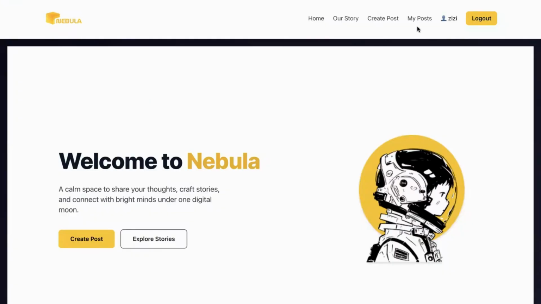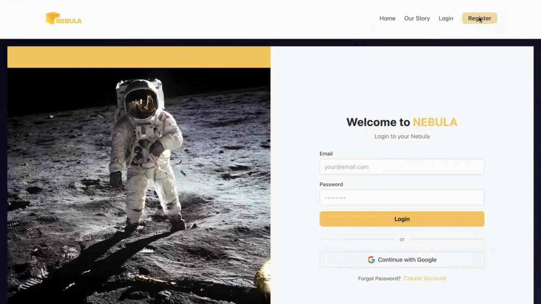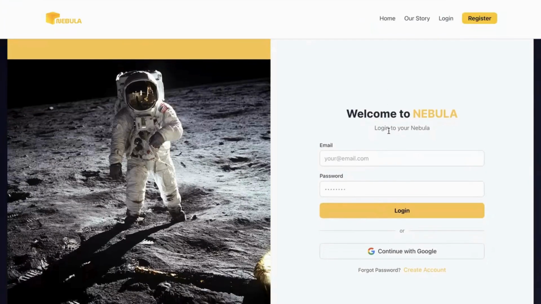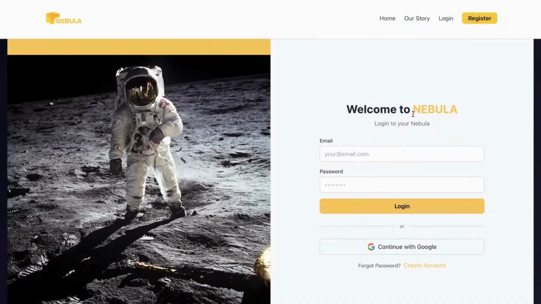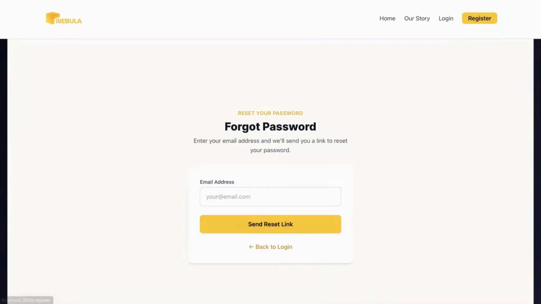All right, now let's try to log out first, and then we will go to the login page. But before that, I want to go to the forgot password page. Okay, this is the forgot password page.